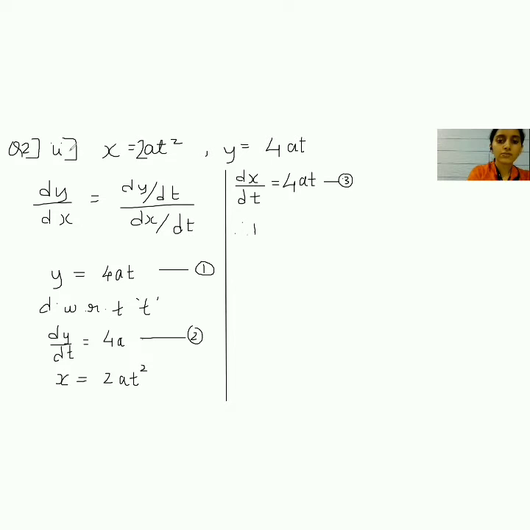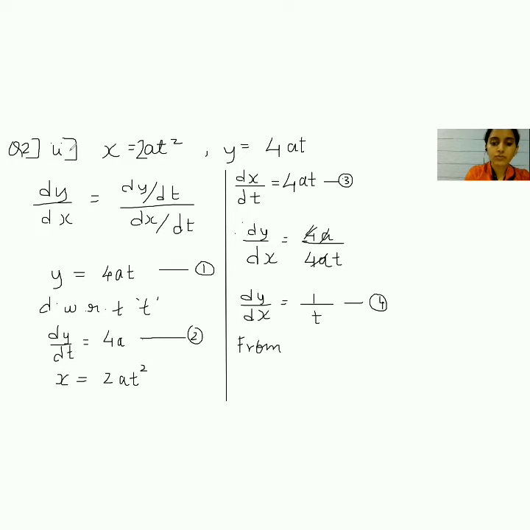Now therefore dy by dx will be equal to, what is dy by dt? It is 4a. Okay, and what is dx by dt? It is 4at. So let's cancel this out. So dy by dx is equal to 1 upon t. Mark this as equation 4. Now to find d2y by dx square, you require the right hand side to be either in x or in y. So I'm going to put this t as a function of y,